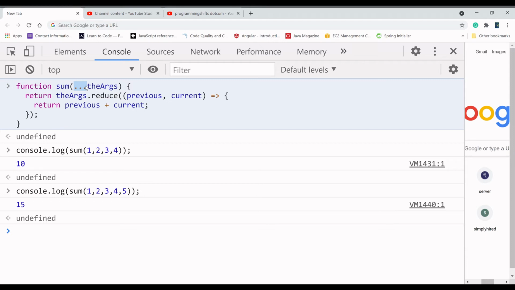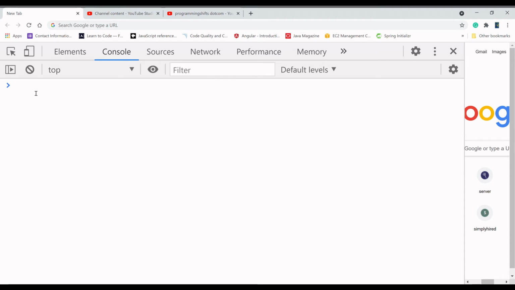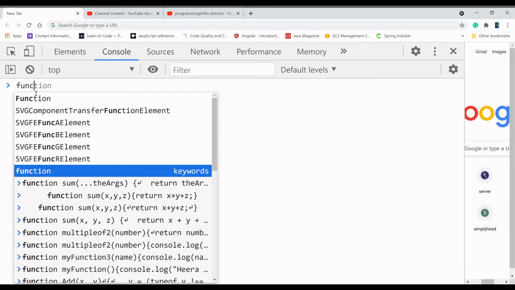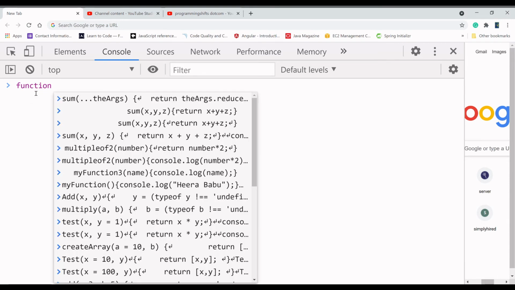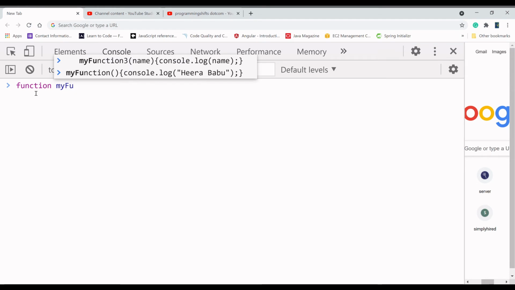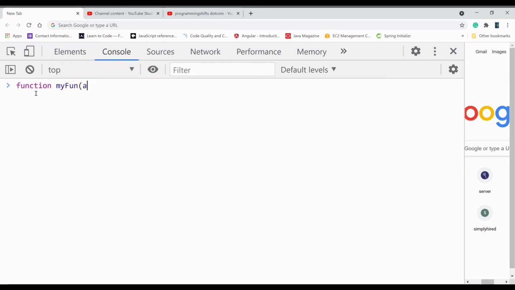Let's see what I'm going to tell you. Say this is my function, and it contains a, b, and after that the rest operator with many more args. Inside this function I am going to write console messages.